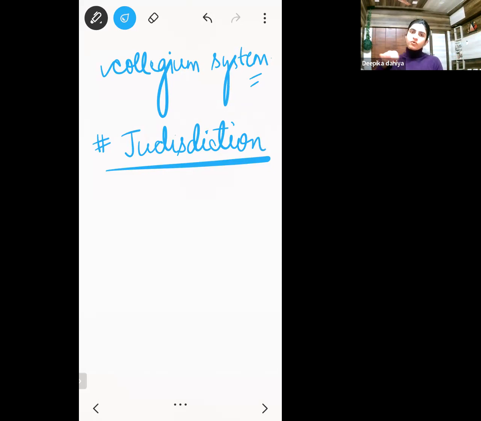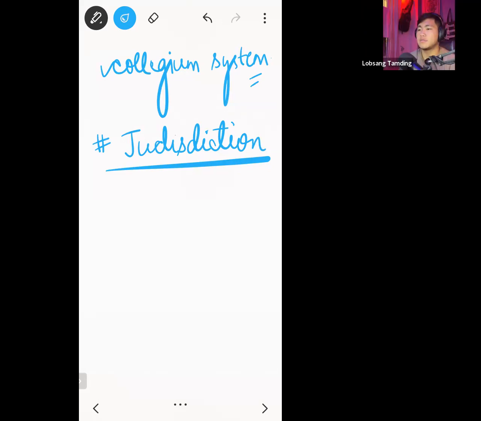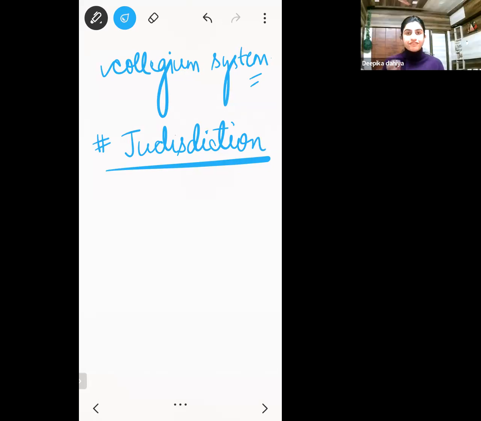And when the Supreme Court can look into a matter only if you are appealing before the higher judiciaries, going up the scale and finally appealing before the Supreme Court, this jurisdiction is known as the appellate jurisdiction. And so if my right is taken away, I can directly go to the Supreme Court, right? It depends on which right. If your fundamental right is being violated, you can directly go to the Supreme Court. But if some legal right is being violated, which is not fundamental, then you may not be able to go directly to the Supreme Court.